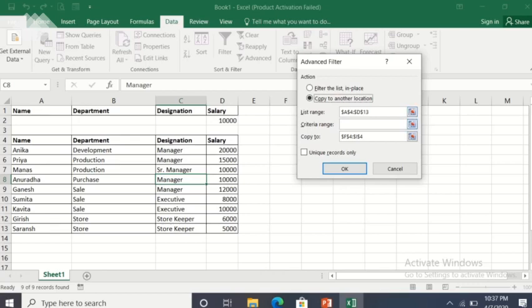Now, where is your criteria written? Your criteria is written here, on the basis of which you want to filter the data. So here we will type the criteria range.